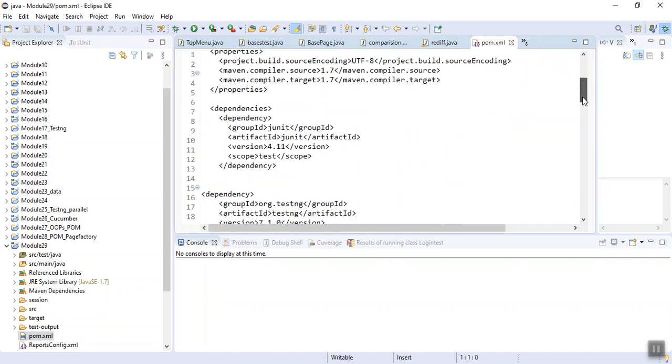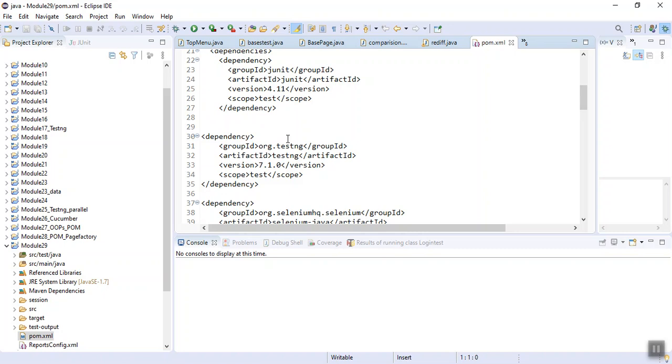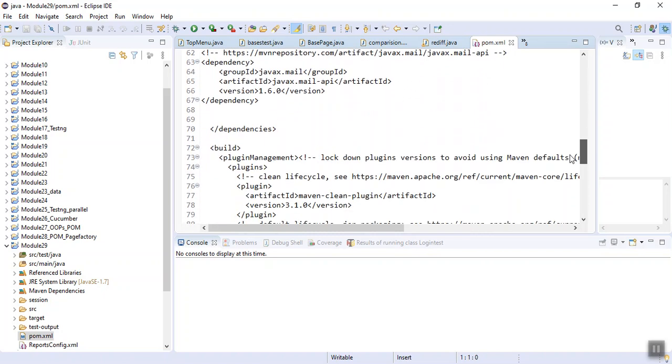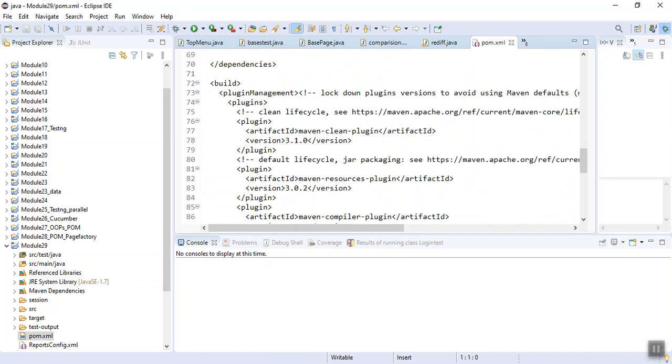Now you can see there are multiple dependencies. This is the TestNG dependency, this is the JUnit dependency, Selenium dependencies, Cucumber dependencies. Now what will happen? We will copy this file to all the users, so all these users will have the same version of everything.